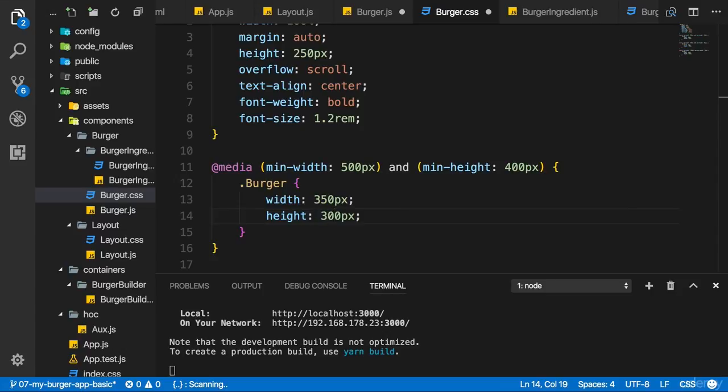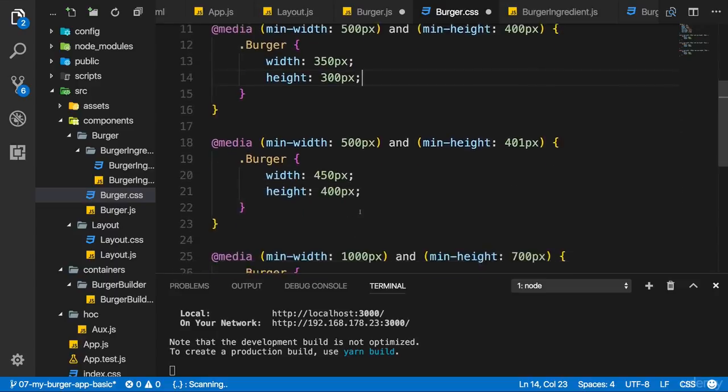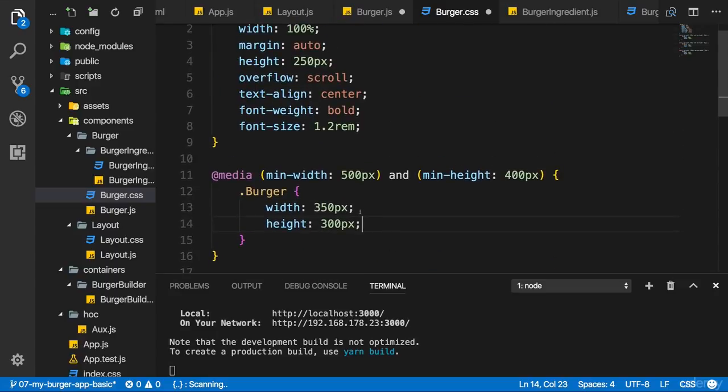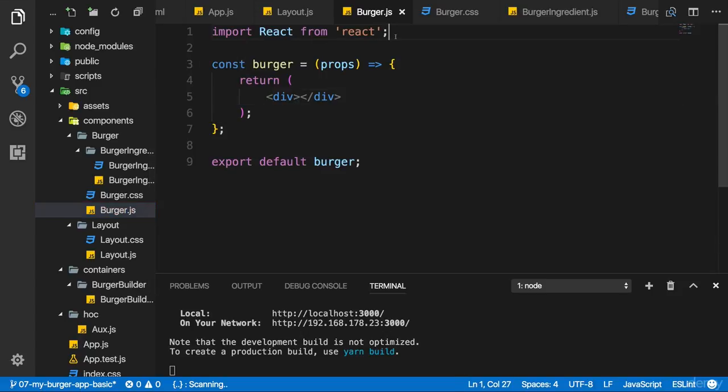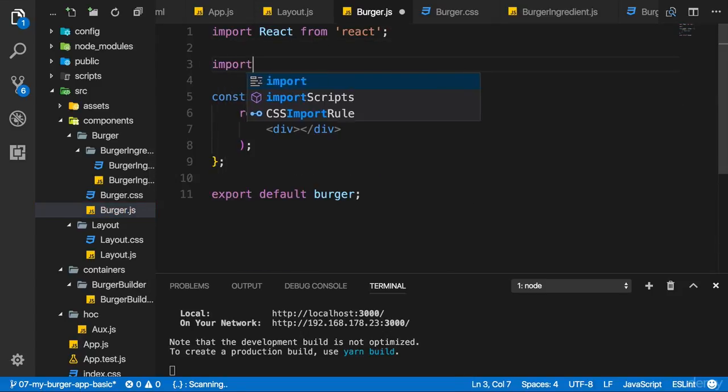So these are just some media queries to ensure that the burger looks good on as many viewports as possible. As always, feel free to tweak this to your needs if you feel like it doesn't look that good on your device. Now, enough of CSS,